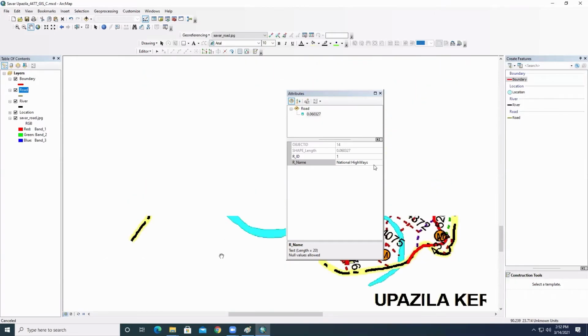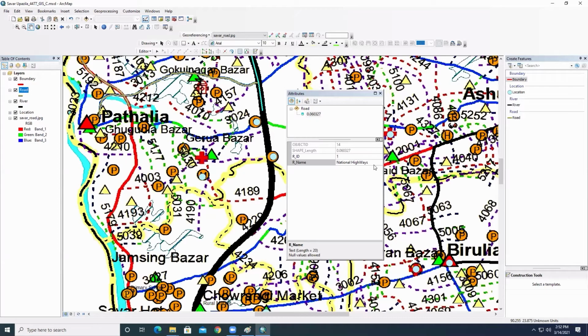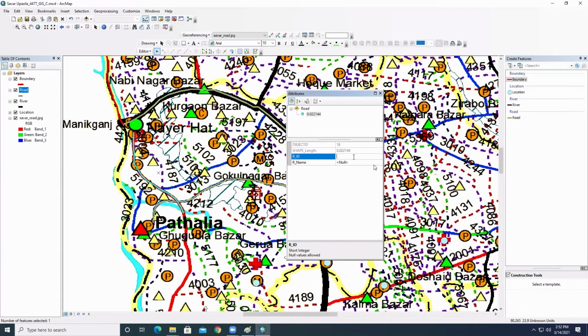Upazila. So red color is Upazila Road. I'm selecting these with, suppose, 4. Road. If any spelling is a mistake, you can just inform me. Then again, this is suppose 5, and this is Union Road.